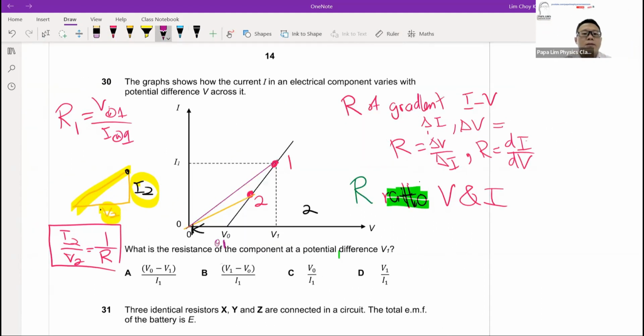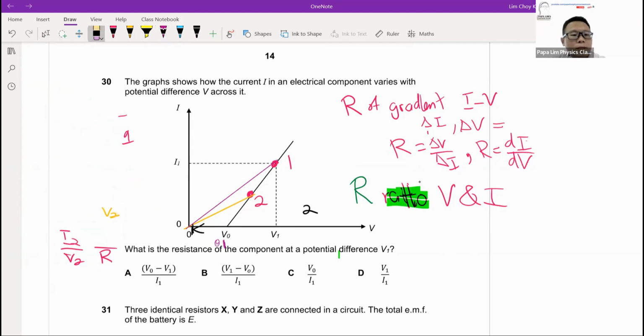You'll find that the gradient of line 1, the purple line, let's erase this, the gradient of line 1